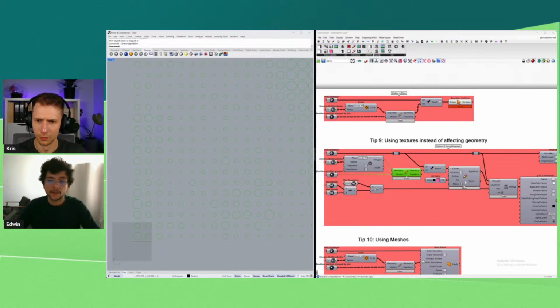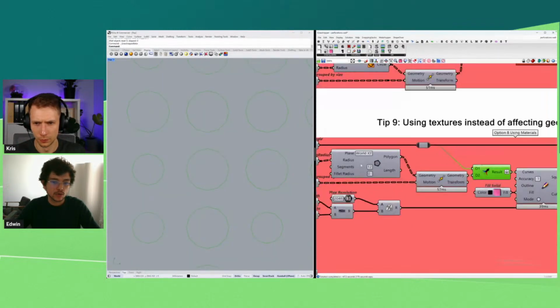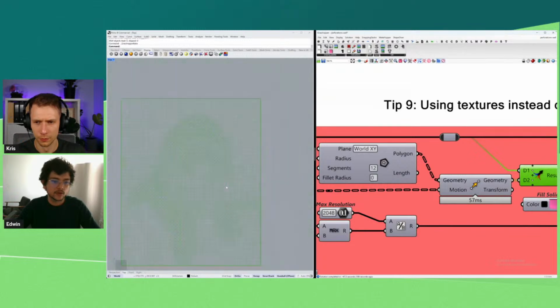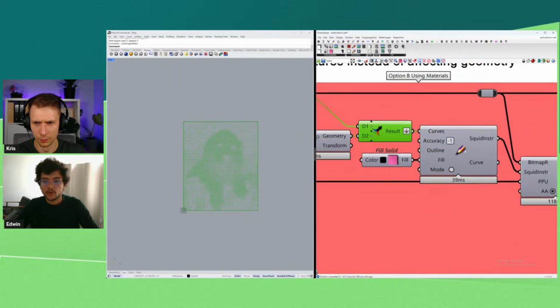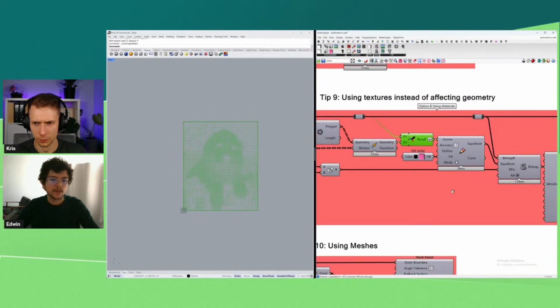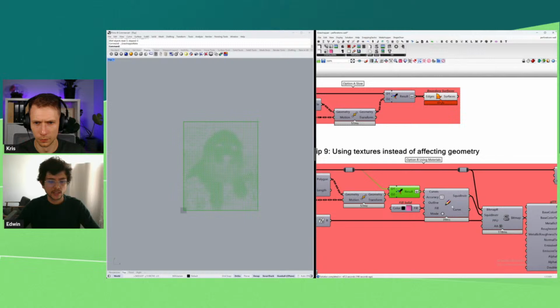So that's why we need a polyline. Then I take these polylines. I could give it more resolution. It's just the amount of segments that I have here. For now, 12 is enough resolution if you see it from afar. And then I use this component from the Squid plugin called the Draw X component. That one is similar, let's say, to the boundary surface component. It identifies what is in and what is out.